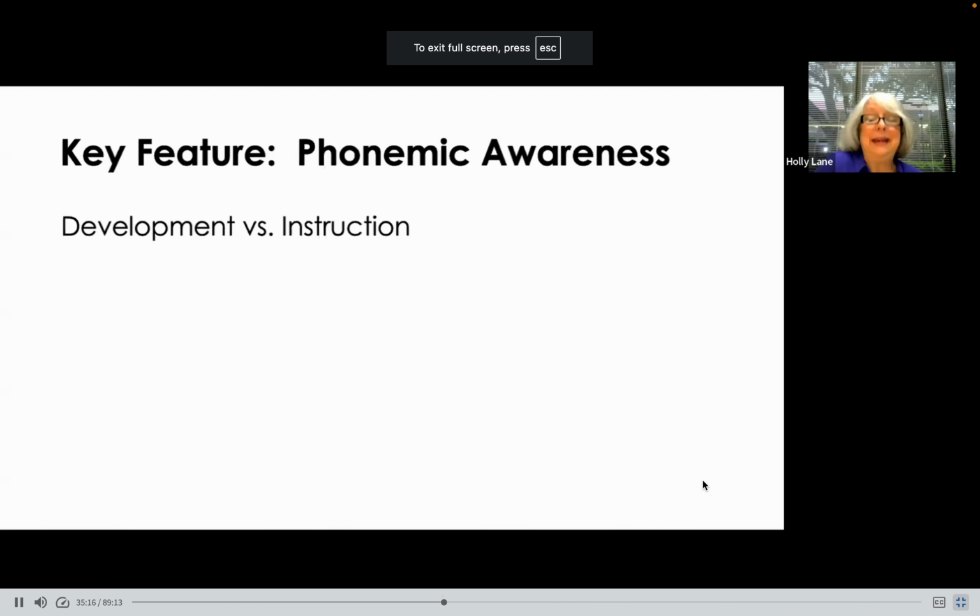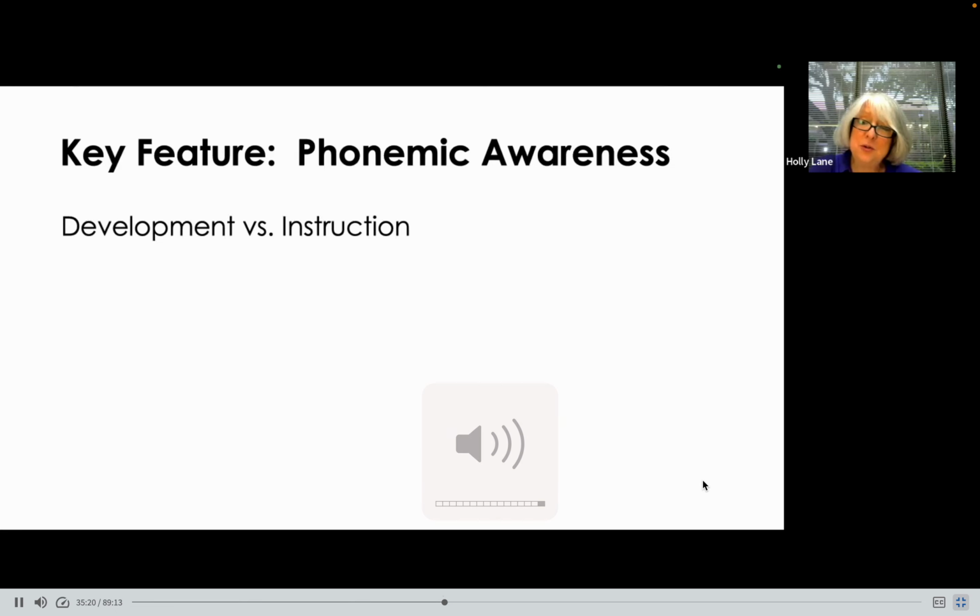So one of the things that can be really confusing when we talk about phonemic awareness is the confusion between the development of phonemic awareness and instruction in phonemic awareness. So a lot of what we see in practice now in a lot of classrooms really comes from assumptions made about development. So early on in phonemic awareness research, researchers noticed that there was a typical sequence of development, that